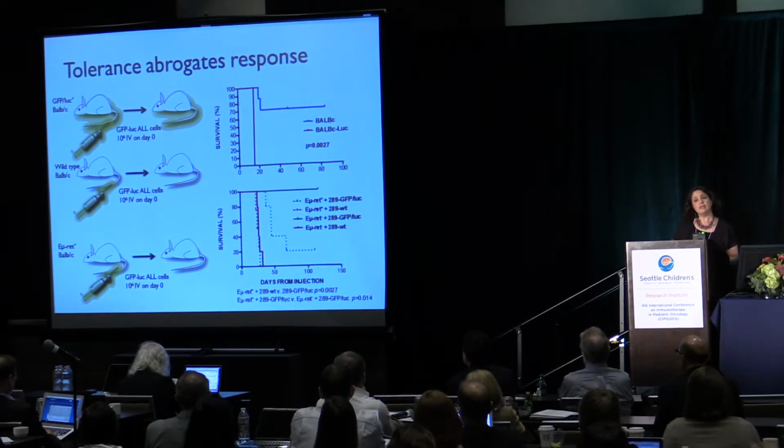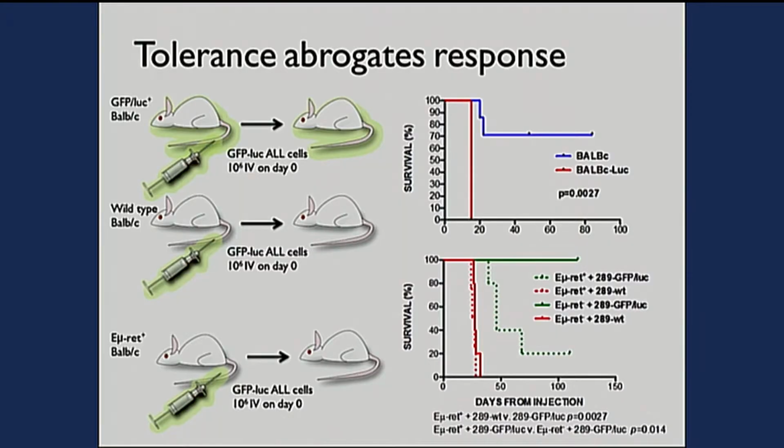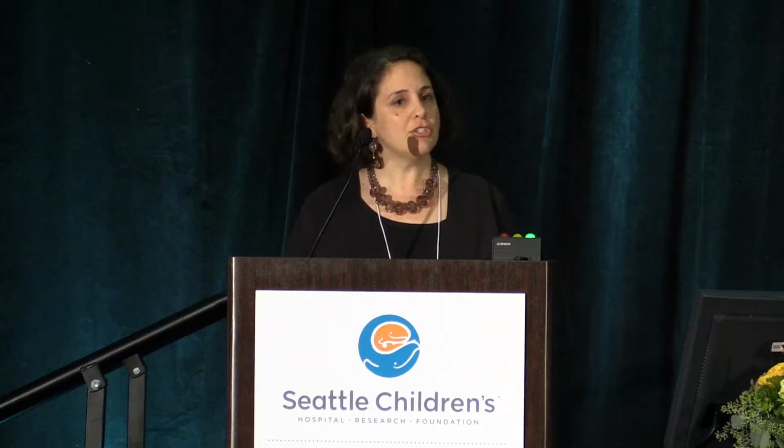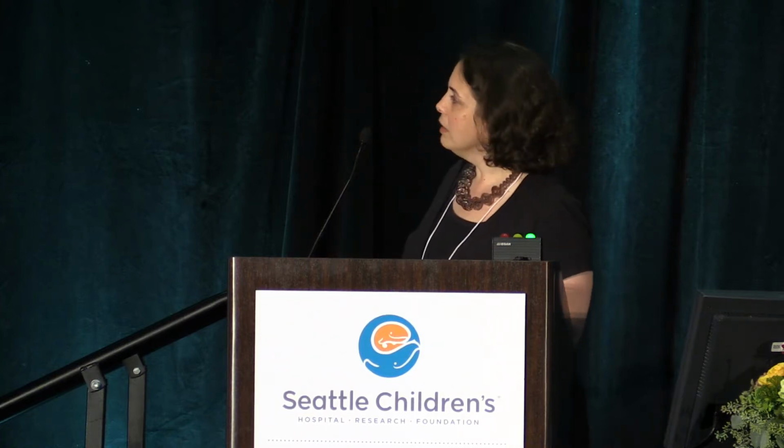Tolerance to the neoantigens will abrogate this response. So we have BALB/c transgenic mice who bear GFP luciferase in every cell. These mice are unable to reject disease, the red line, as compared to our wild-type BALB/cs depicted in blue. Interestingly, when we put the luciferase-bearing leukemia into our emu-RET transgenic mice, what you can see